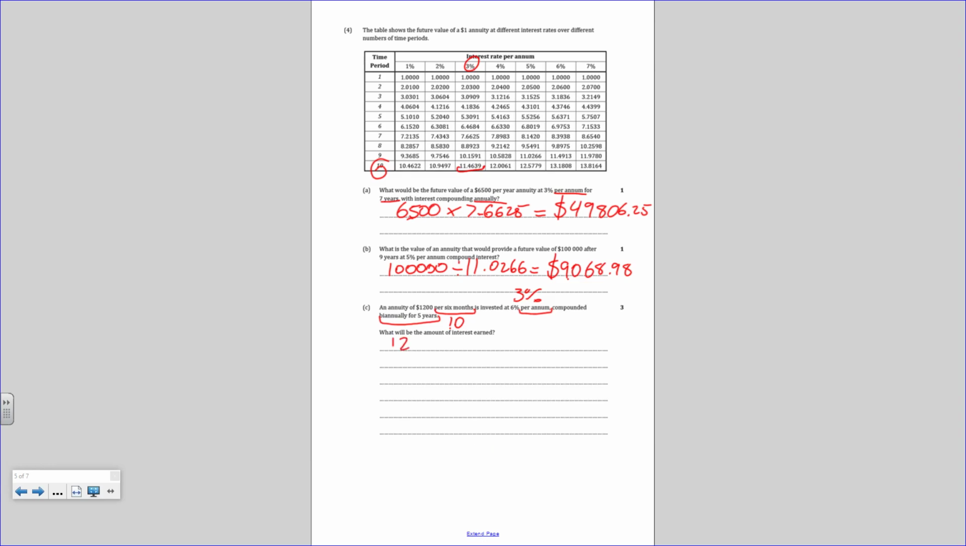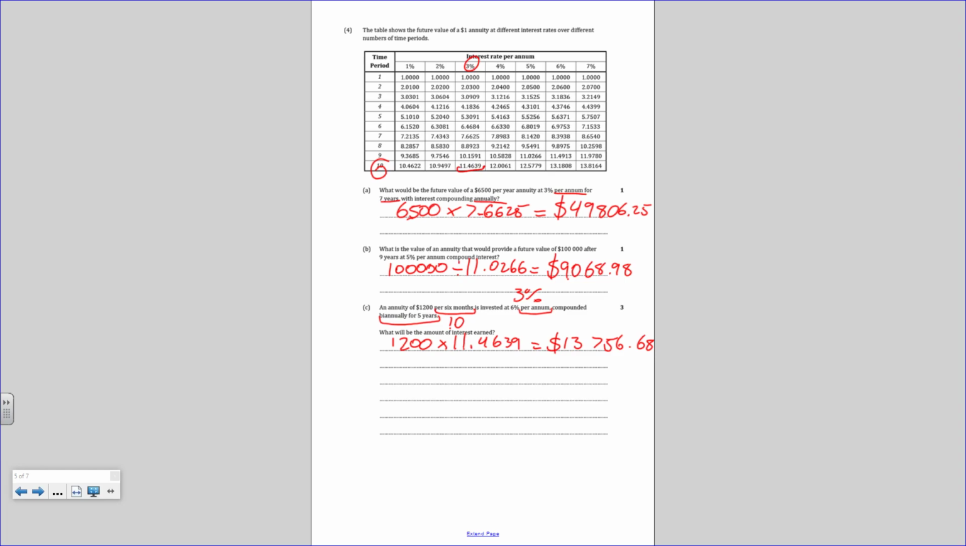And then we just got that $1,200, so we times it by 11.4639. And then that gives me $13,756.68. Now, what I noticed some people doing when I was marking this is they found that number, 11.4639, correctly,